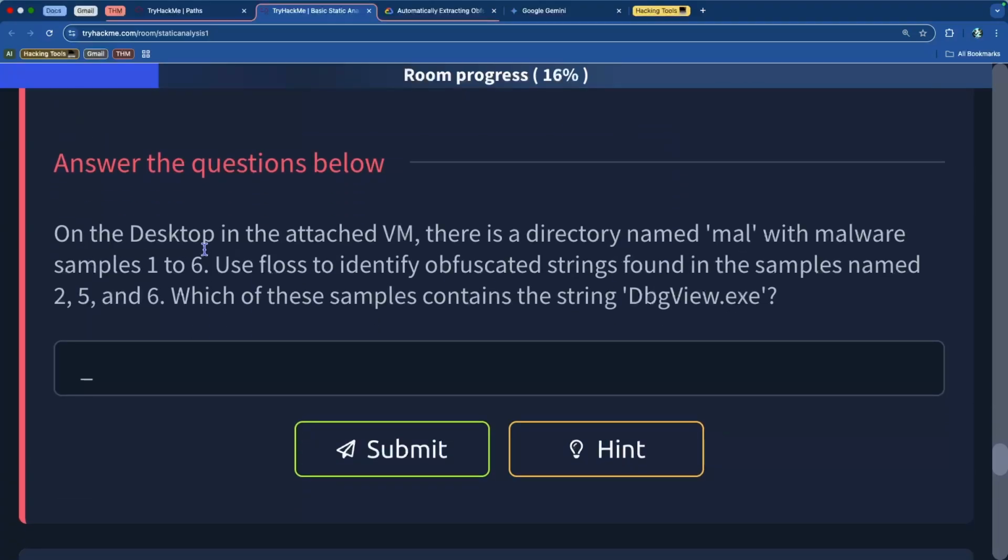So now what we're going to do is open the virtual machine, go to the mal file on the desktop, and look at the obfuscated strings found in 2, 5, and 6. Which of these contains the string DBG view? So the answer is going to be either 2, 5, or 6, and we're trying to find dbgview.exe